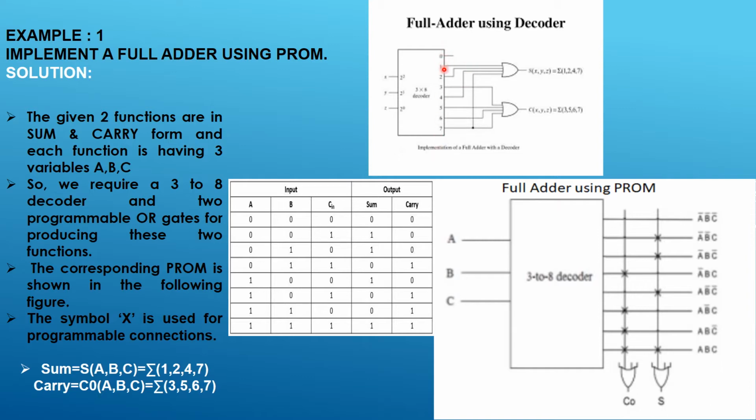And of course by means of the truth table, you can get the sum as well as the carry. These are the possible input combinations from 0, 0, 0 to 1, 1, 1. And sum is going to be produced at 1, 2, 4 and 7, and your carry is going to be at 3, 5, 6, 7. So of course in this you are going to use an OR gate which produces the sum. You are giving the input as 1, 2, 4 and 7 to produce the sum. To produce the carry, you are going to take 3, 5, 6 and 7.